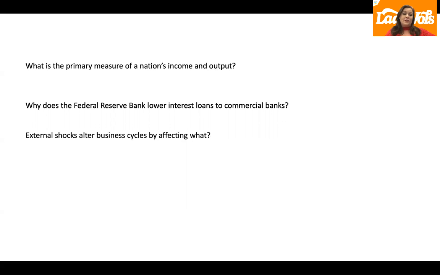The next one: external shocks can alter business cycles by affecting what? We're kind of in 2020 with COVID, we've really seen this firsthand. COVID is an external shock. There's a toilet paper shortage. We had a shortage of PPE equipment for a while. There's still some products on the shelves that I can't find. So it affects the aggregate supply, and aggregate means the supply of everything in the United States. So that external shock is affecting supply. People aren't working.